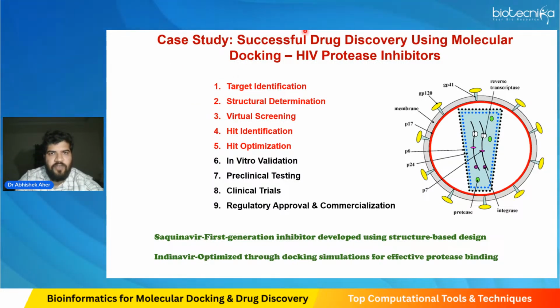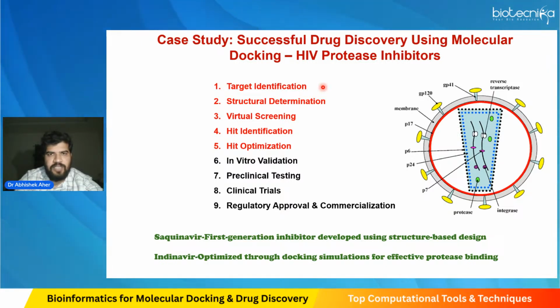So I'll start with HIV protease. HIV protease is an aspartyl protease, and it is one of the targets for HIV. For the target identification, we have chosen this HIV protease. Somebody can say HIV is a retrovirus, so why are we going for the HIV protease and not for reverse transcriptase? That is one of the factors which